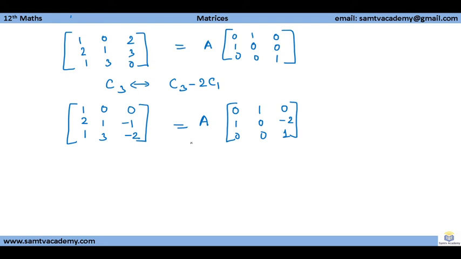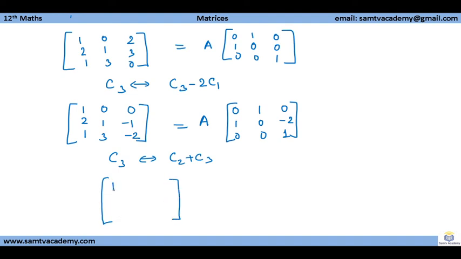Next step, we will replace C3 with C2 plus C3. So this element will become, we have to make this element 0. So we will replace C3 with C2 plus C3. So it will come to be,